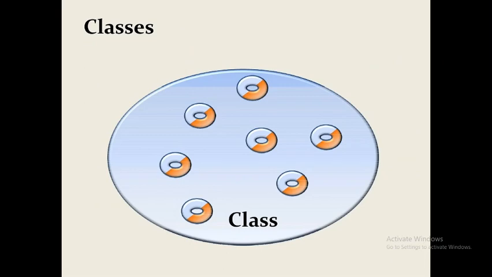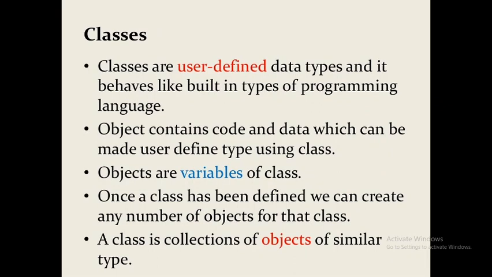In order to achieve the data encapsulation feature of an object-oriented programming language, we have a programming feature called class. In other words, we achieve data encapsulation using class. So how are we going to define the class? A class is a user-defined data type. Like we have seen in C, there are two different types of data types: primitive data types and user-defined data types.